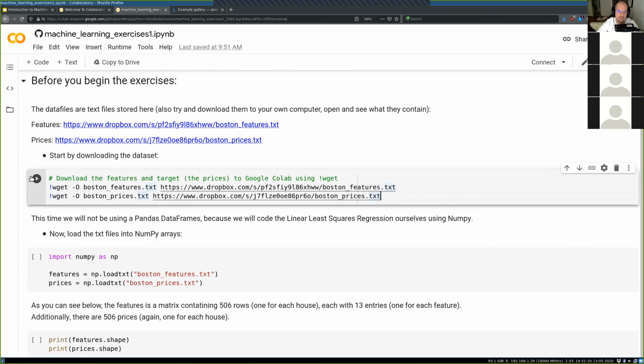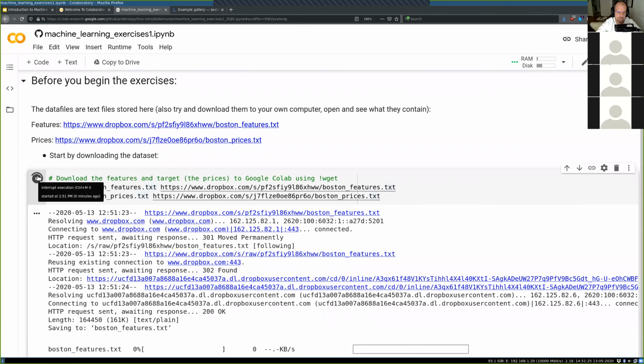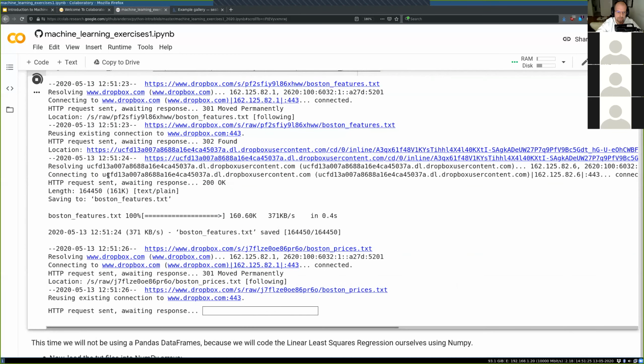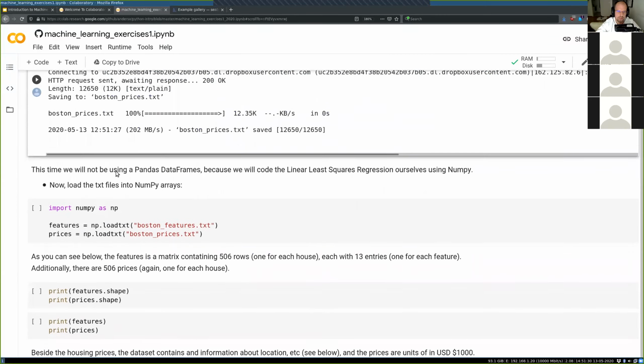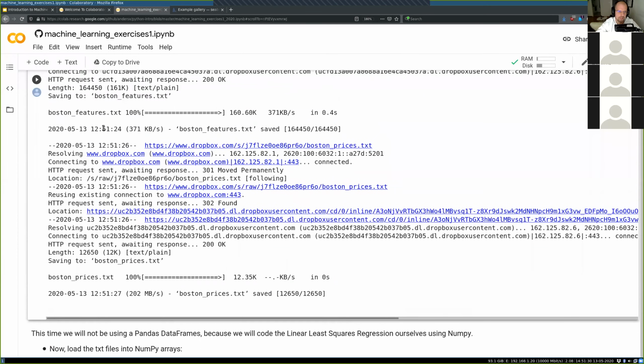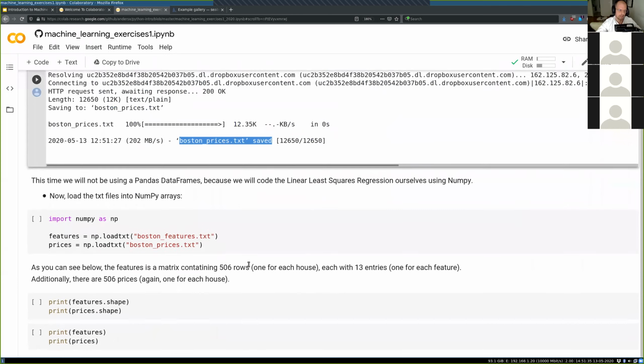So just click here, run anyway. Now you can see the text files are saved, Boston features and Boston prices.